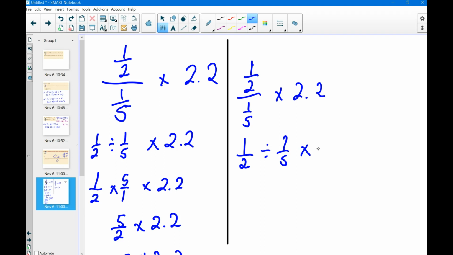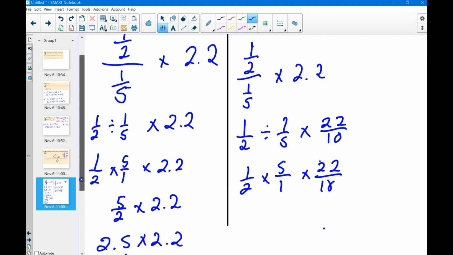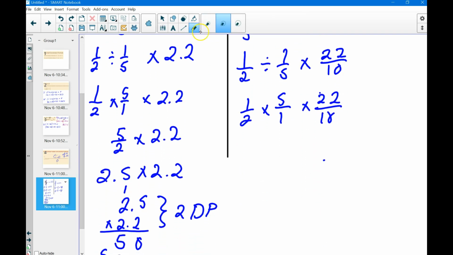Remember we did a few minutes ago, or yesterday or last class, we were changing decimals into fractions. Let's just take this and change it into a fraction. So we actually have 22 over 10. Remember that? Now I take the first one, we have 1 over 2 times 5 over 1 times 22 over 10. Now, I know you don't like fractions, but sometimes fractions can be your friend if you get used to them. This comes down to 1 times 5 is going to be 5 over 2